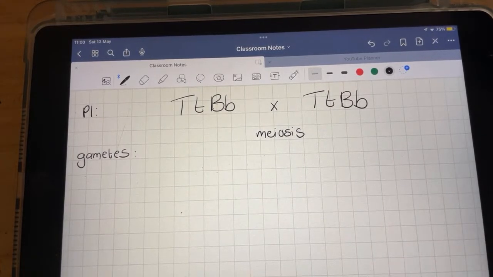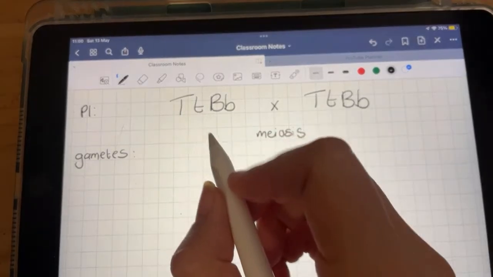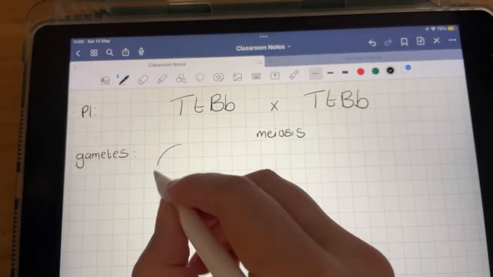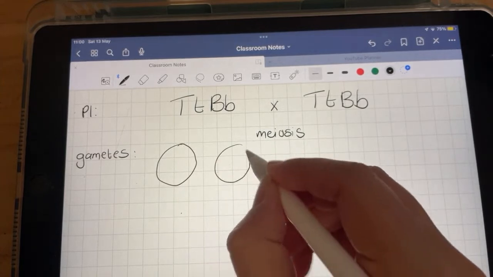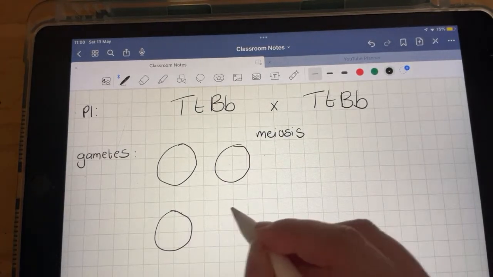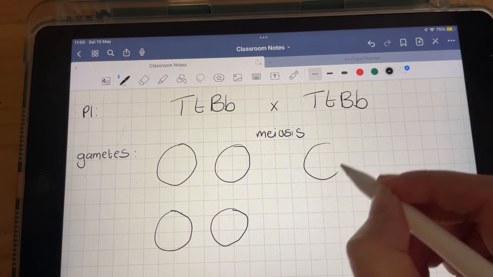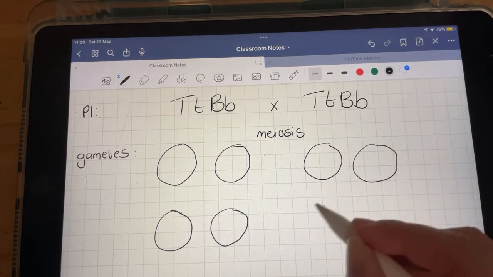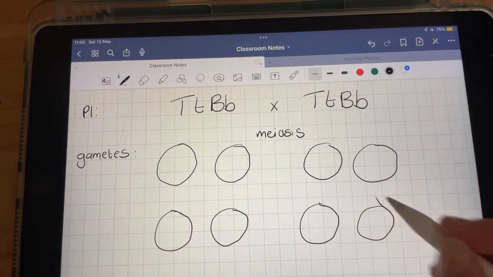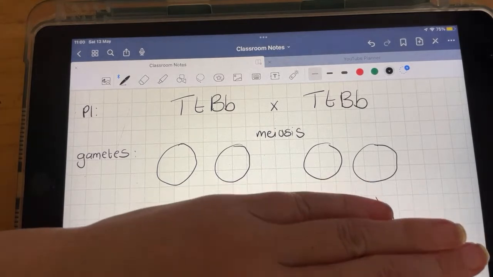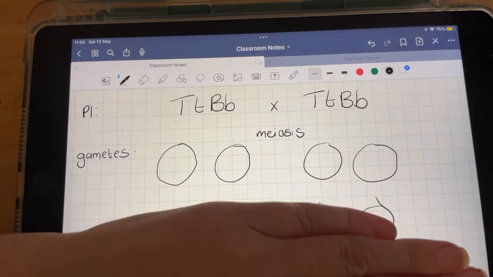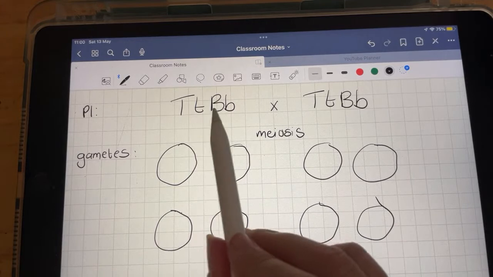Now what I tell my matrics, so that they never get this wrong, is I like to draw circles to represent the cells you're making. So for each of these people, there must be 4 cells. In a monohybrid, there would just be 2 each. This is my genotype, everybody.